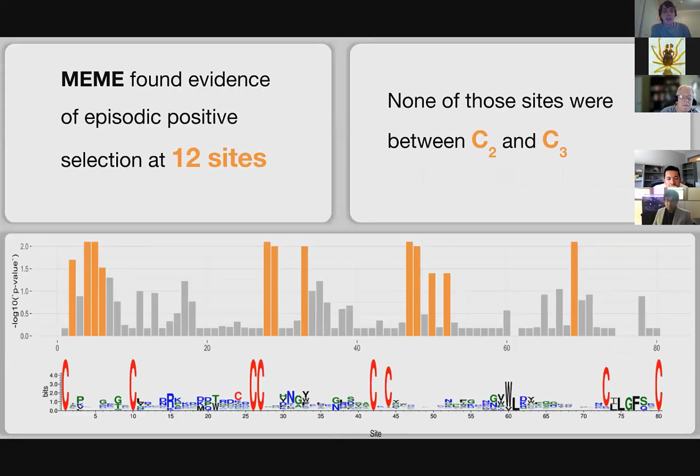But when we take the phylogeny into account and look for episodic positive selection, we find that there's 12 sites that have significant evidence of episodic positive selection. What's plotted here is the p-value that a site is undergoing positive selection. What's interesting is that none of the sites in between the second and third cysteines had strong signatures of positive selection, and it looks like it may be under or has evidence of